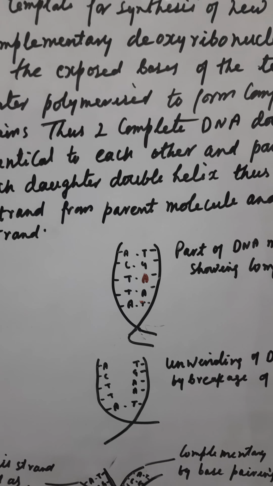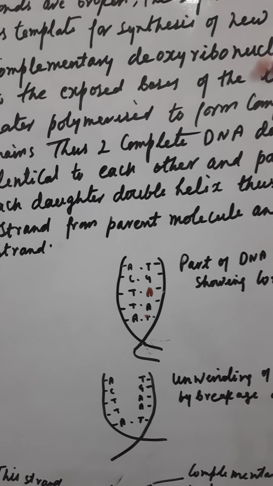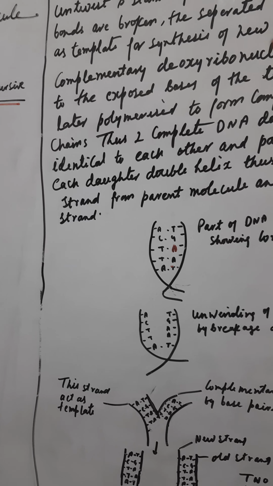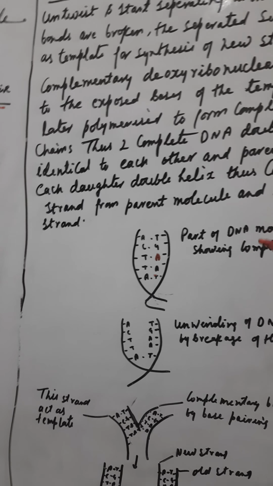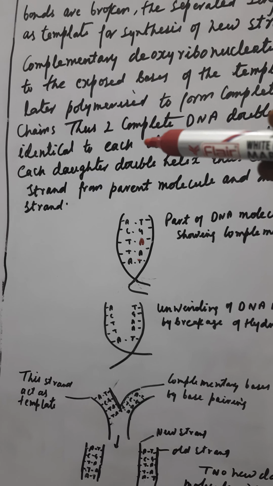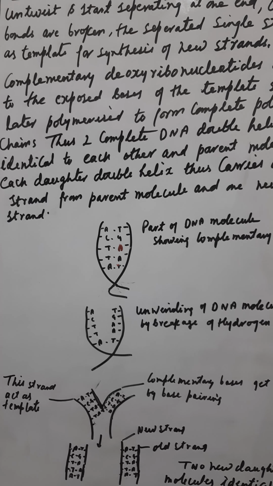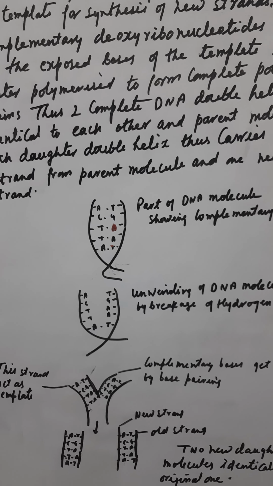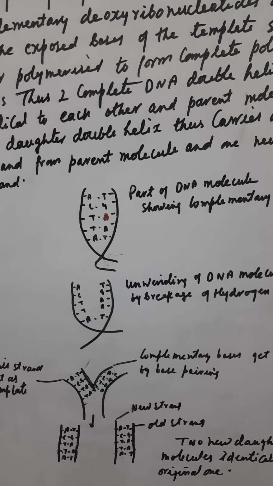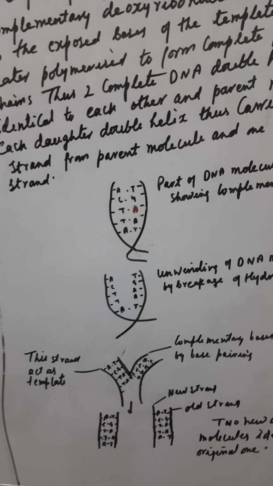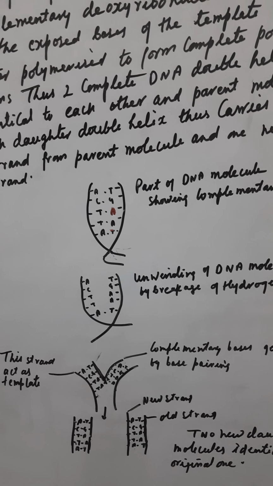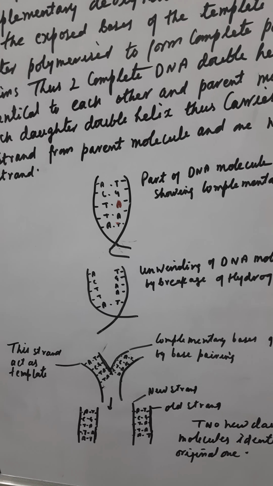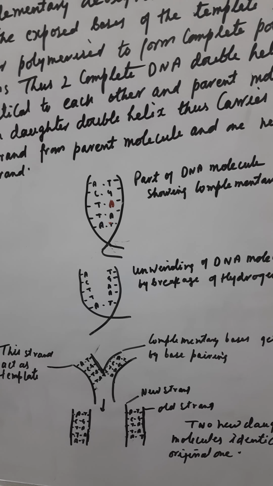So the semi-conservative model is an important question. It was named by the scientists. If it comes, you may write about Watson and Crick. And actually, you have to write starting from the separation of the two DNA strands by untwisting, then breaking of the hydrogen bonds, and then the separated single strand acts like a template. Ultimately, after the complementary base pairing is attached, the polynucleotide chain will be